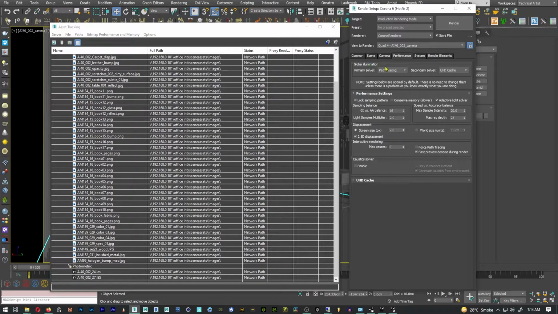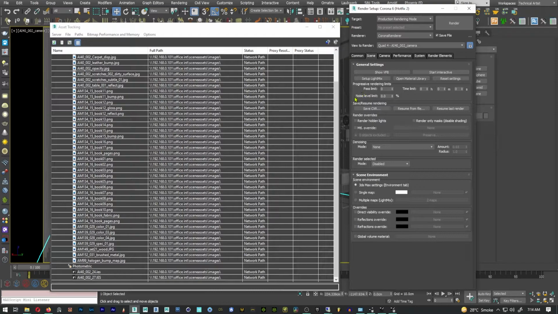In Corona, you want to be assigning a noise level limit or a pass limit, because if you do not assign a noise level or pass level limit, it is going to render for infinity for just one frame for the entire duration, and you have to cancel the animation job and then have these numbers according to your scene needs.